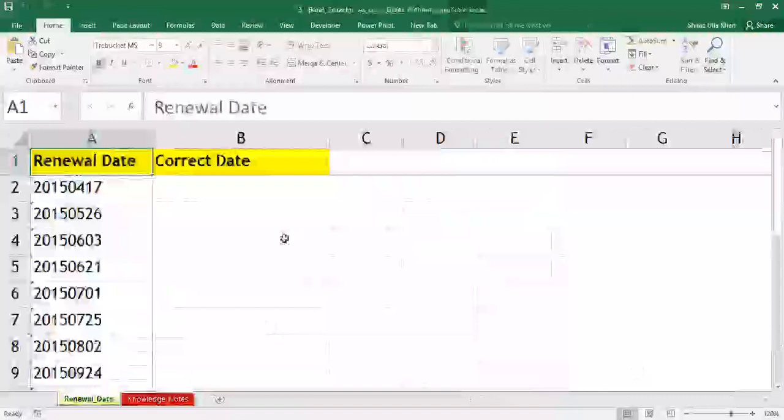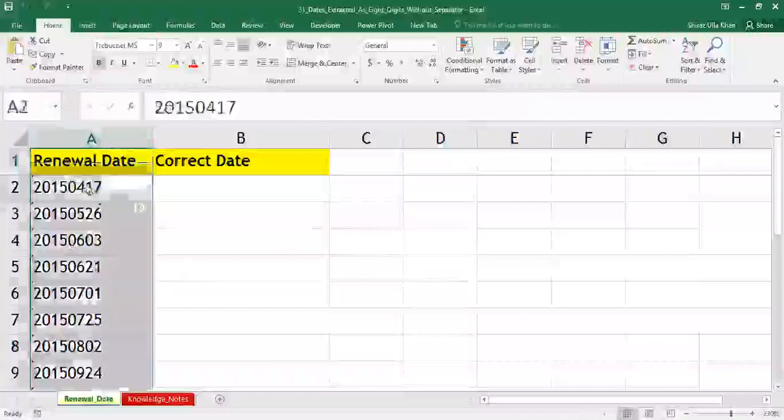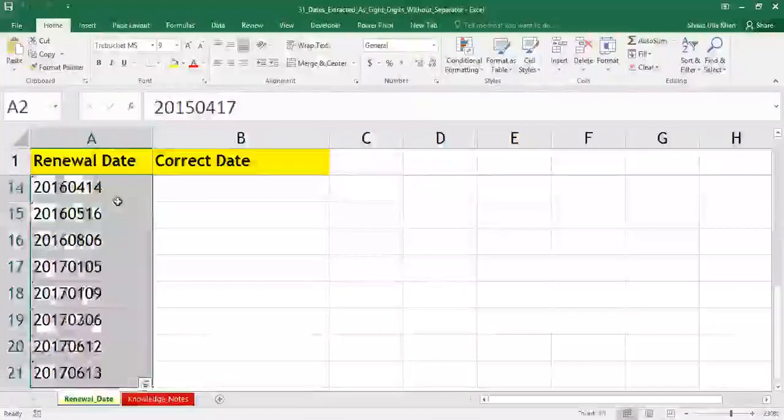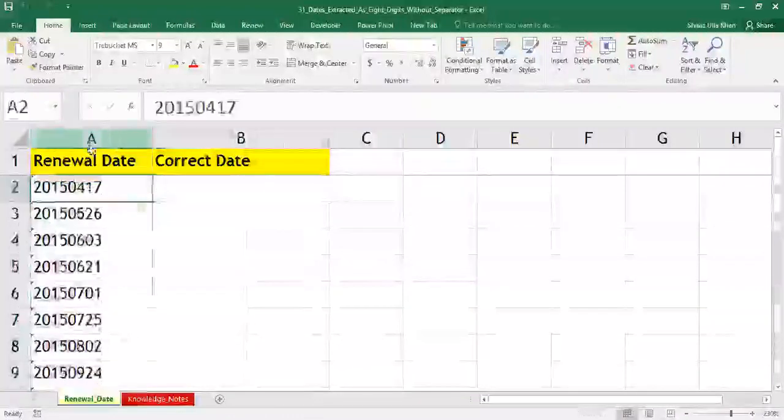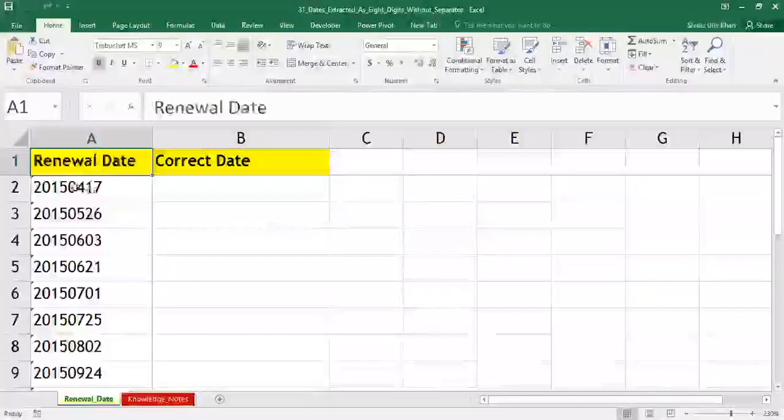This is a continuation example of using the text to column utility, but a very powerful example. Now in this example, people, if you see my sheet here, I have one sheet called renewal dates. And if you see in column A, I have some dates here. The heading of this is renewal date. Let's say just for the sake of discussion, I remove this heading. And then if I ask you, can you read this? Most of us, when we see this data in these cells, we will read this as numbers. So people, ideally these are dates.